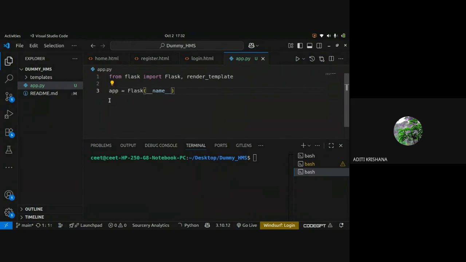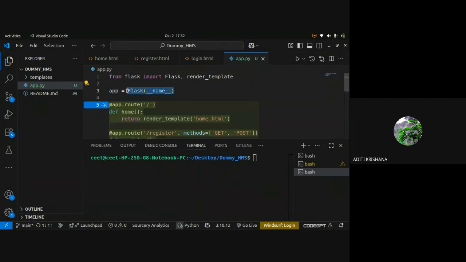So this is the way we do initialization. This is the command used for initializing the Flask application. What I have done is initialized that and stored it inside the variable app.